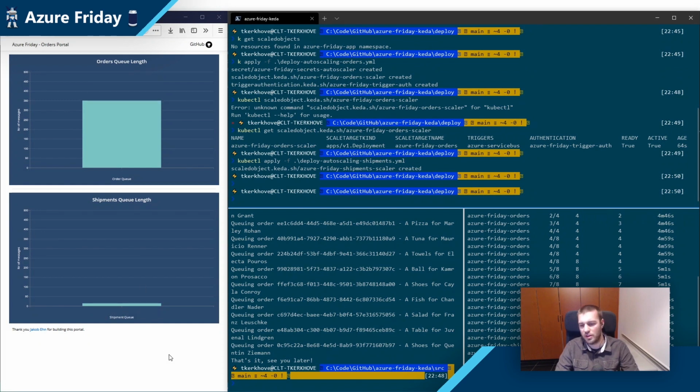If we would wait until everything is finished, you would see that all the instances here slowly go back and remove per instance all the way down to 3. And that's how easy the auto-scaling is. Basically, you can auto-scale any application running. You just use the scaled object to point to what you want to scale and how you want to scale, and then KEDA takes care of all the rest.